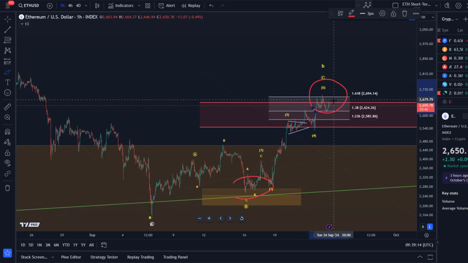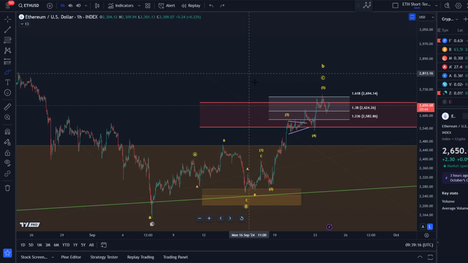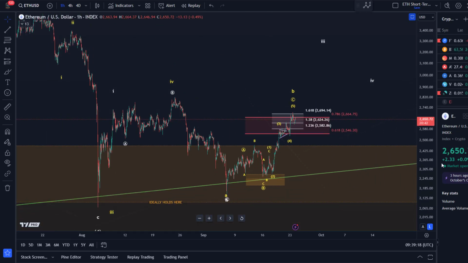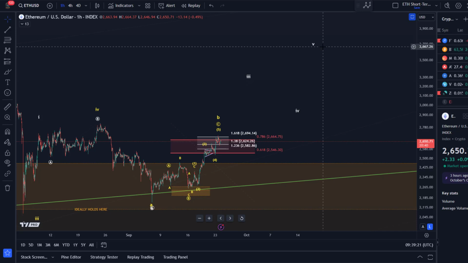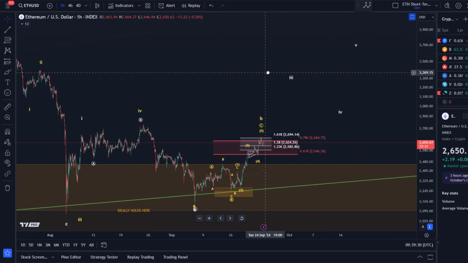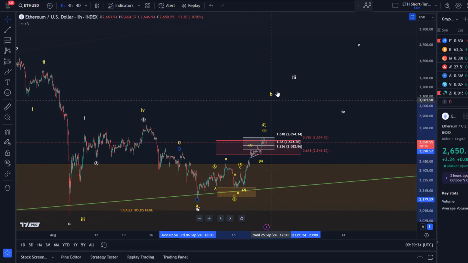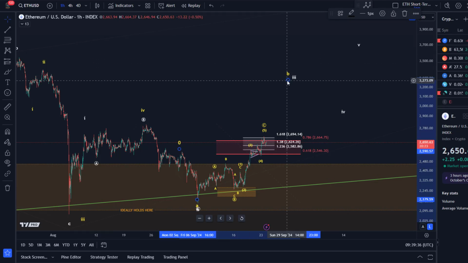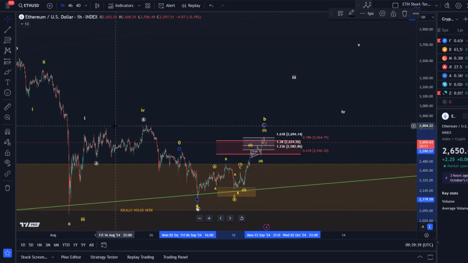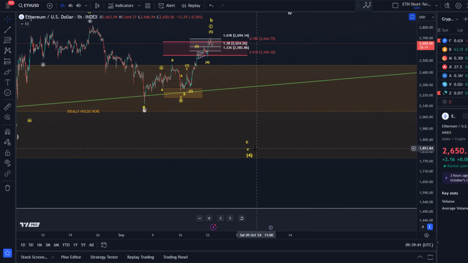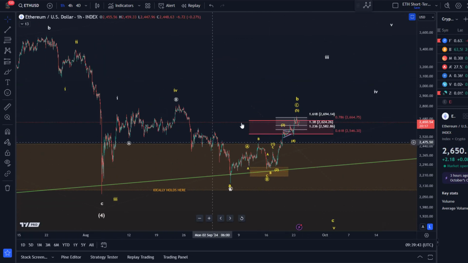Because if we break above the pivot, then it will most likely be a different structure. It could follow the white count, which would be a good confirmation that we've actually bottomed, but we need the 5 waves completed, and there's a long way to go still. Or it just might form a larger B wave, so the B wave might shift here. It would be a different structure, but just a larger B wave. It wouldn't be part of this wave 5 to the downside. It would simply be a larger WXY structure. I might have to change that in the coming days.